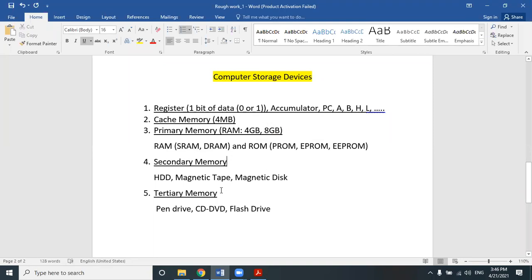Now, secondary memory. All of you know the size of the hard disk. Hard disk drive is the most important secondary memory, and nowadays secondary memories come in at least 1 terabyte size. And tertiary memory, you know the different sizes of a pen drive, CD, DVD, flash drive. You can get various pen drives and CD, DVD, ROM with their specific speed and size. You will get that information in any good learning material on the internet.